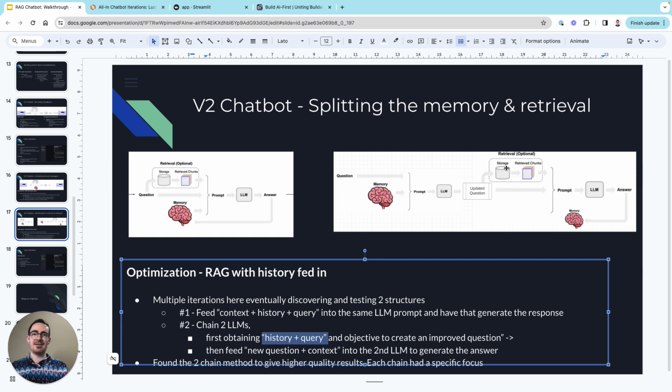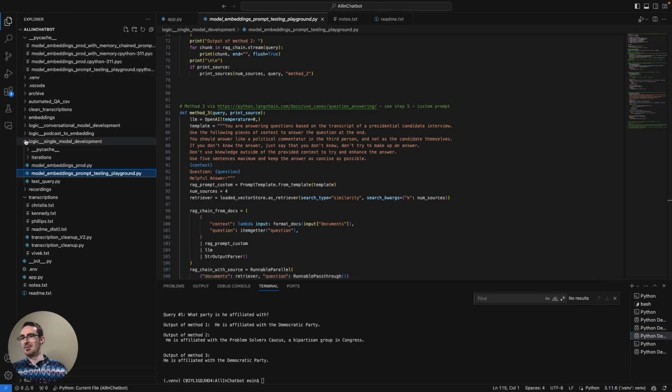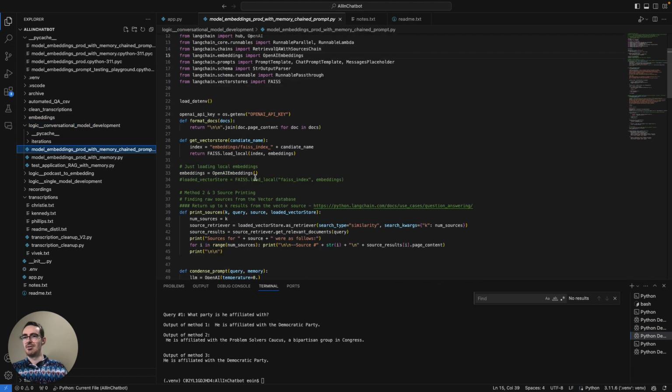We then feed that with our sources, or our context, into another prompt, which is then sent to our LLM for the answer. So you'll see the answer there of what I landed on. But if we jump to conversational model development and our playground here,